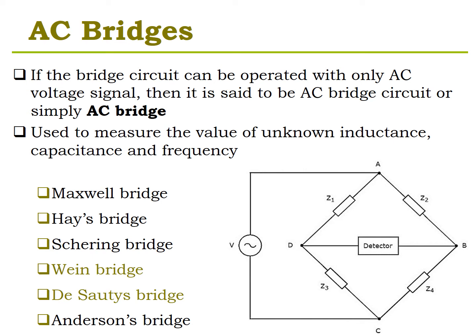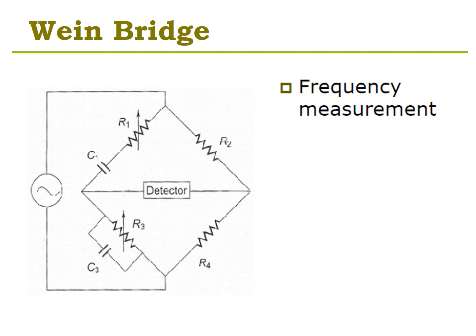Now today we are going to study a bridge that is used for measurement of this unknown frequency, that is Wien bridge. Let's take a look at it. So Wien bridge is also used in a harmonic distortion analyzer, where it is used as a notch filter for discriminating a specific frequency. So if I can tune into a particular frequency or adjust my components such that I can measure my desired frequency, I can use it for application. So we're going to derive an expression to find out on what component values or parameters that frequency measurement depends. So we'll derive an expression for that unknown frequency.